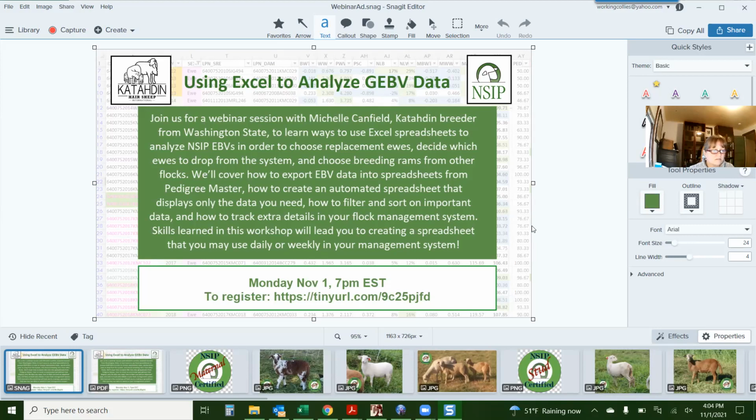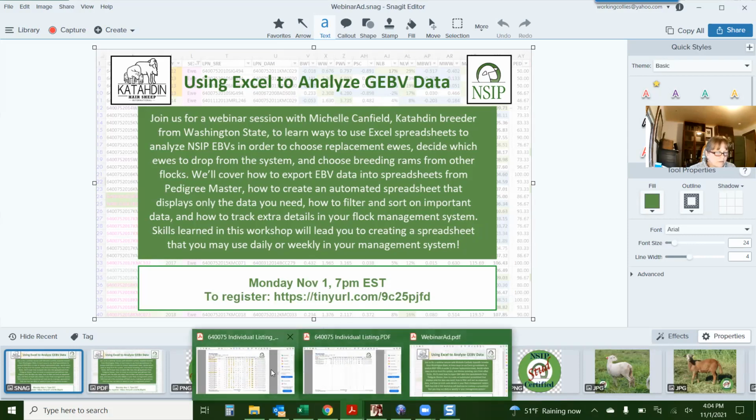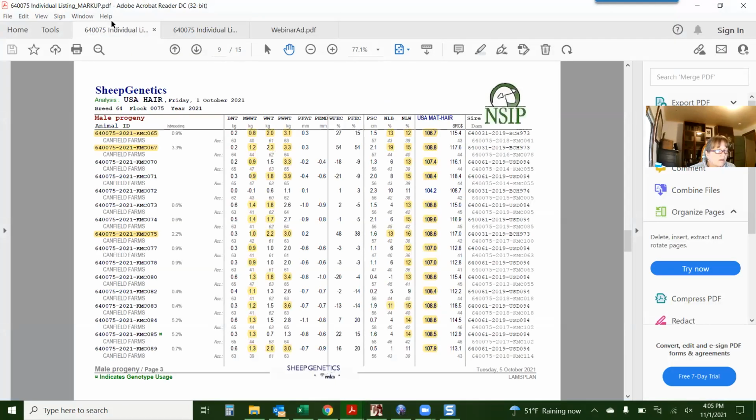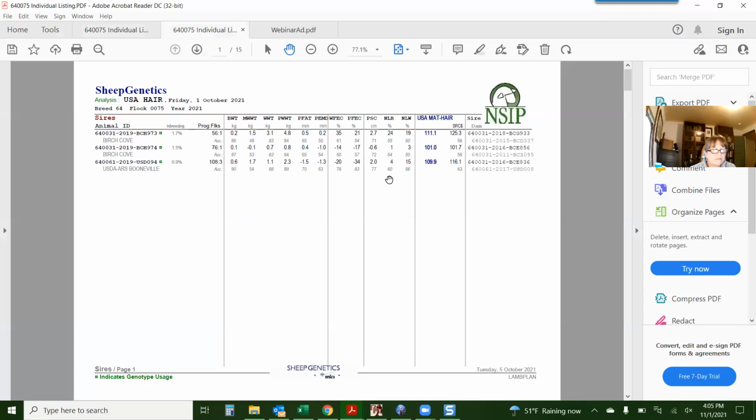And I think you're going to see as we go on, because I'll be showing how my data looks when it comes back and how I look at it in Excel. So you'll get a pretty good picture of what we do with the data once we get it back from NSIP. So for starters, I wanted to show what you get back from NSIP